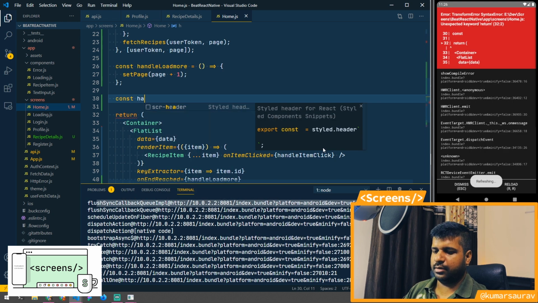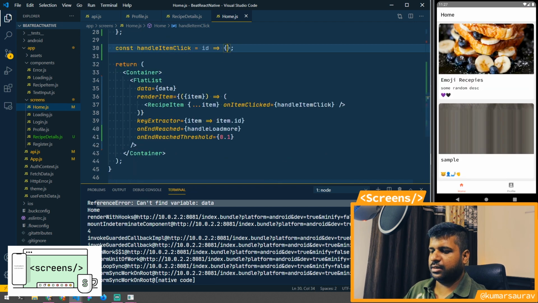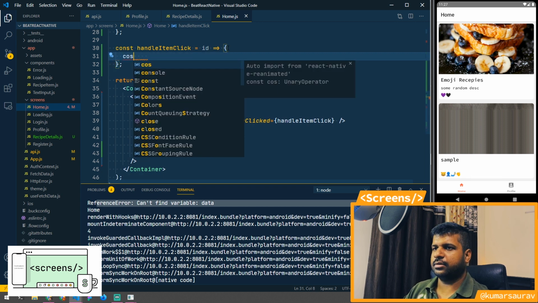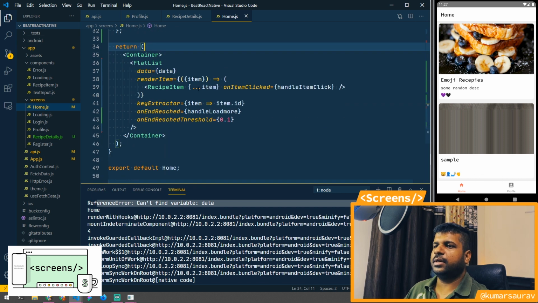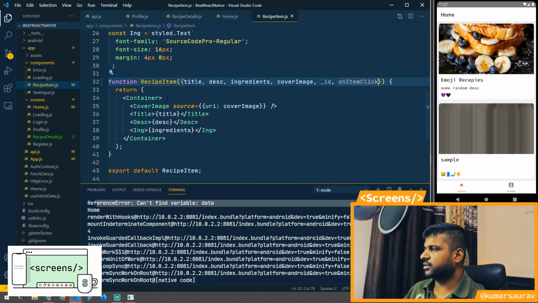It will take ID as a parameter. Basically this ID is the recipe ID, so let's keep it like this and log the ID here. On this recipe item we will be getting a prop called onItemClick. Whenever this row is clicked, we need to call this function with the ID.